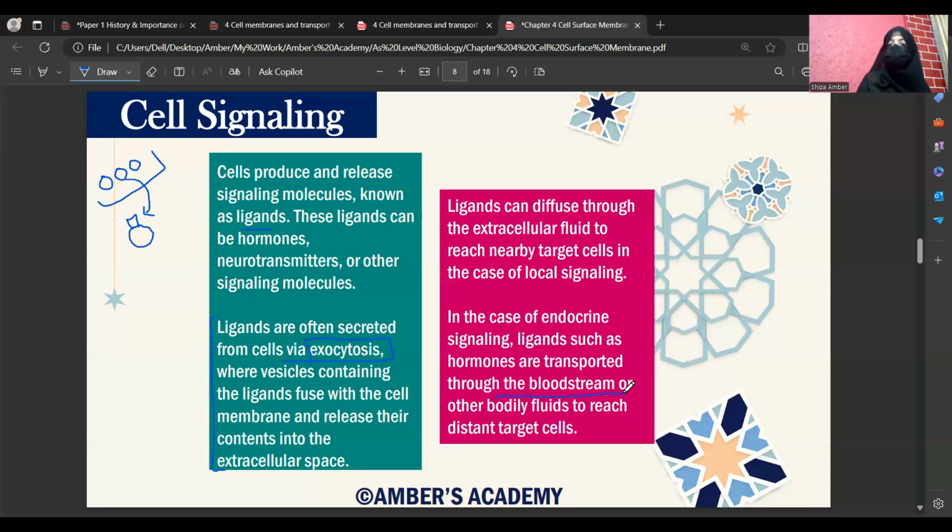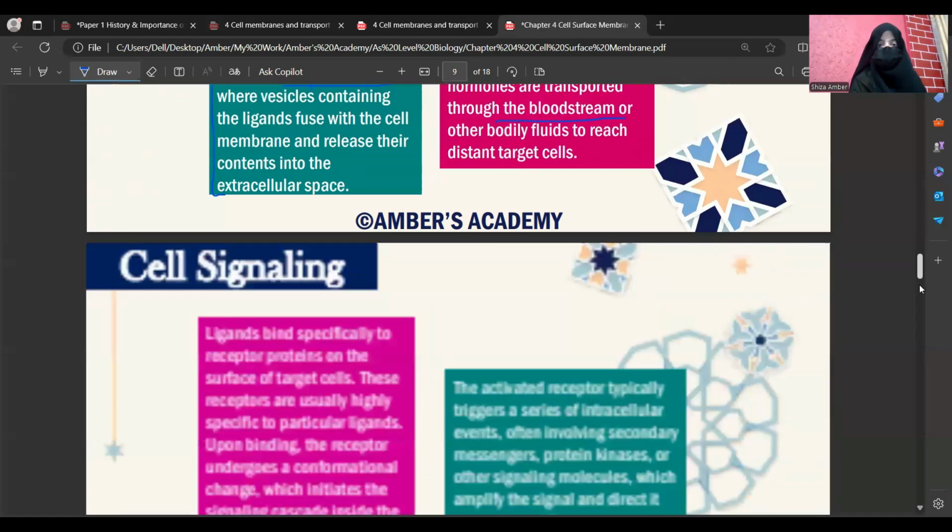While अगर कोई molecule है और within the cells उसकी जो है वो release हो रही है, तो वो nearby target cells पर जो है वो जल्दी से उसकी local signaling हो जाती है. But if something like hormone has to come, then it has to be transported via bloodstream. ठीक है? So these are very basic things that you need to remember for cell signaling. कि आपका signal transduce होता है when it binds to the receptor protein, original signal amplify होता है, जिसकी वजह से आपका पूरा जो भी cellular metabolic response होना होता है वो achieve हो रहा होता है.